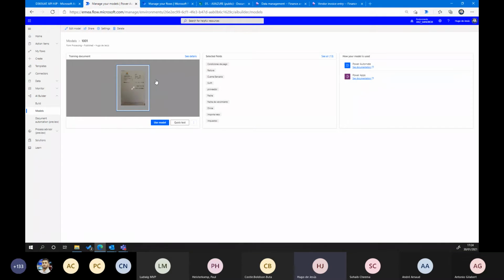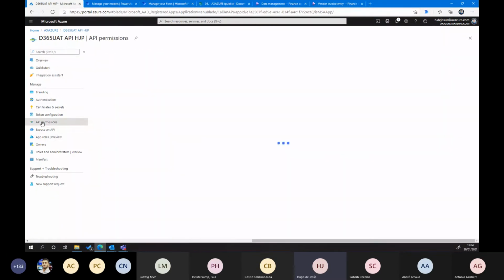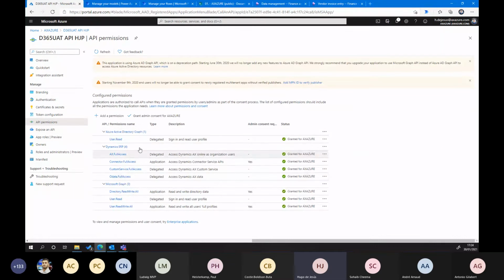Once we have the model created, we need to configure some information directly in Dynamics 365. First of all, we need to create an application in Microsoft Azure to get the permission to access the ERP.